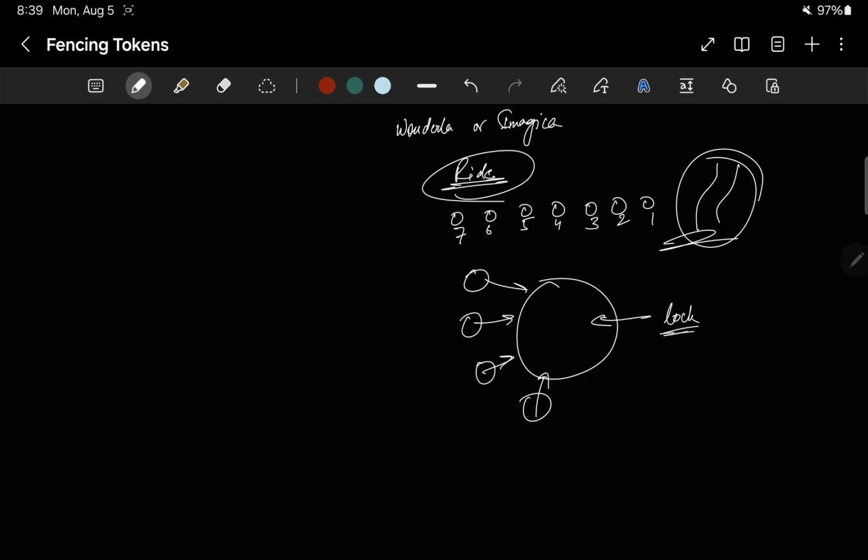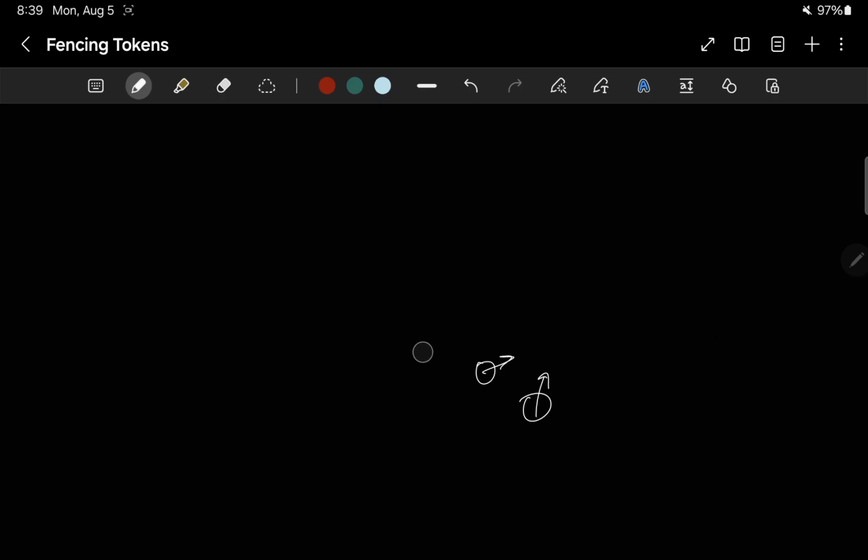And who will get the lock in which order is decided by fencing tokens. So that's all there is about fencing tokens, if you relate it with your daily life and how it works in computers. Today we are going to talk about what fencing tokens are, why we need fencing tokens,